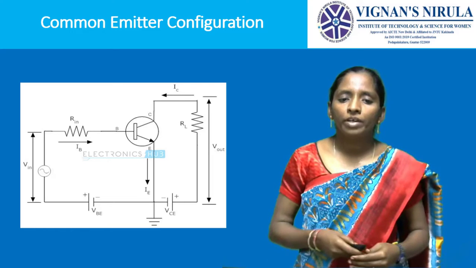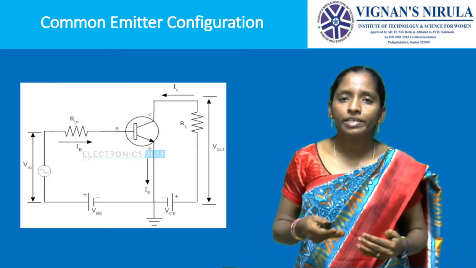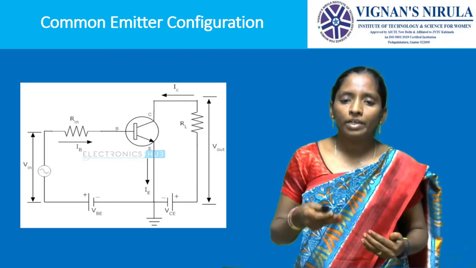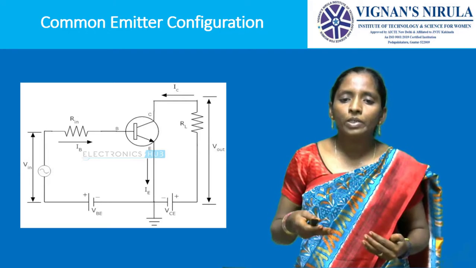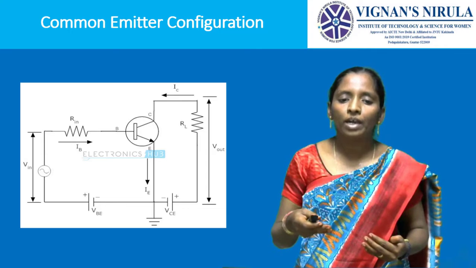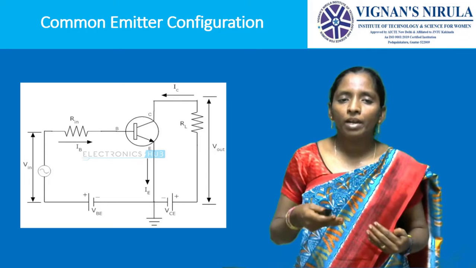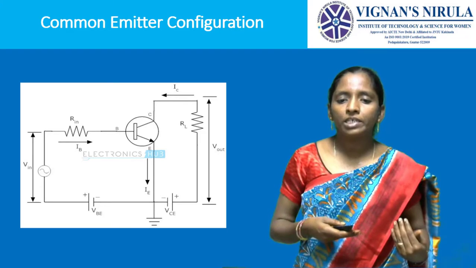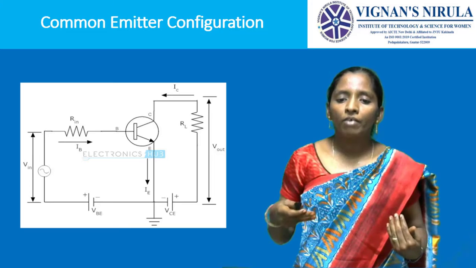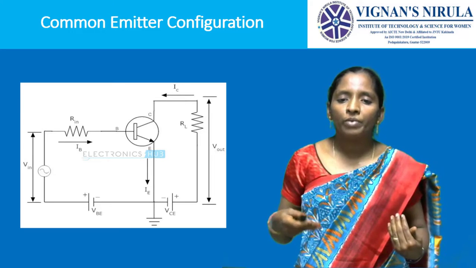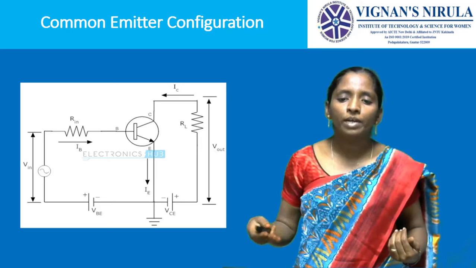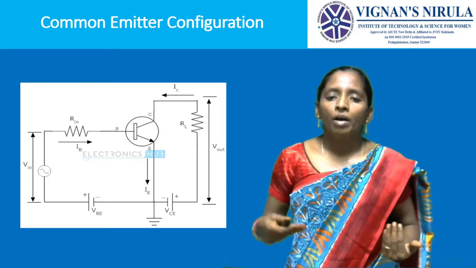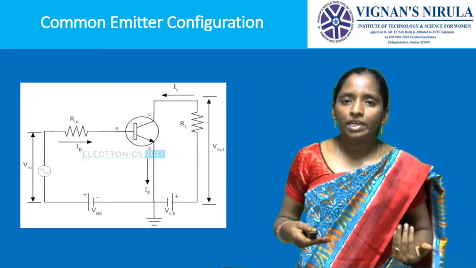In the common emitter configuration, which transistor are we taking? This is the NPN transistor. So here the emitter is negative. Connect the negative terminal of the battery to the emitter to provide forward bias at the emitter base junction, and with respect to the collector, at the output side we are providing reverse bias and at the input side forward bias. Keep the output voltage VCE constant.